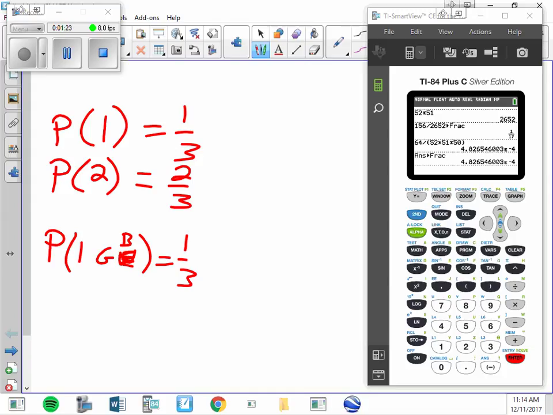Okay, let's try 2s. What's the probability of 2 given white? It's still 2 out of 3 because 2/3 of the white are 2s. What if I change to black? Same. So color and number are independent. And this sort of thing happens on face cards. What's the chance of drawing a 2? 4 out of 52, which simplifies to 1 out of 13. What's the chance of drawing a 2 if you know it's a heart? It's still 1 out of 13. That is independent.